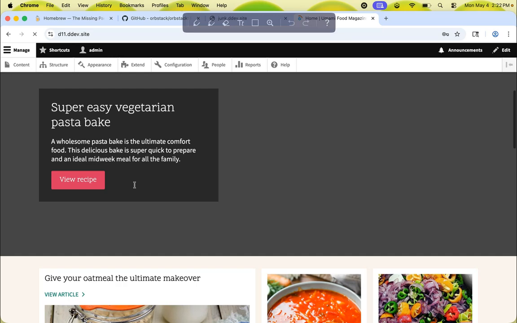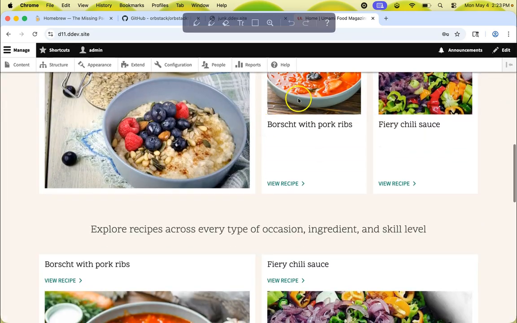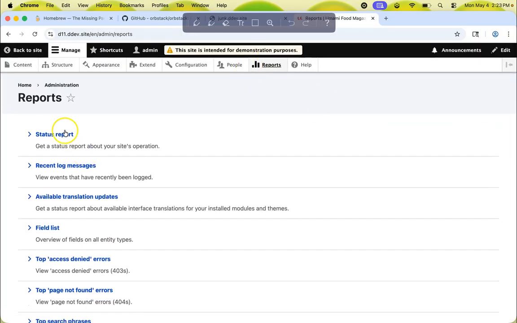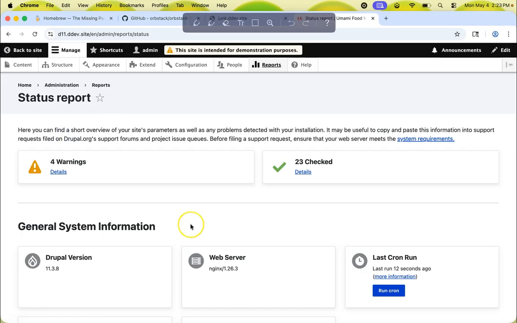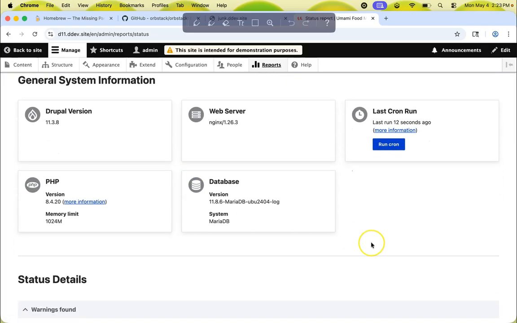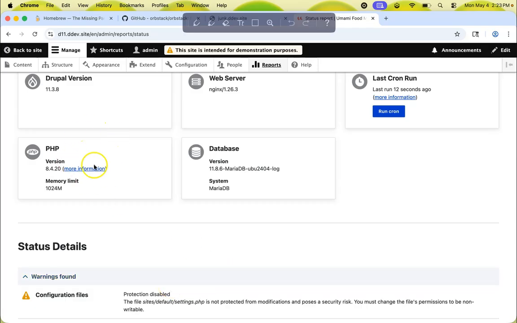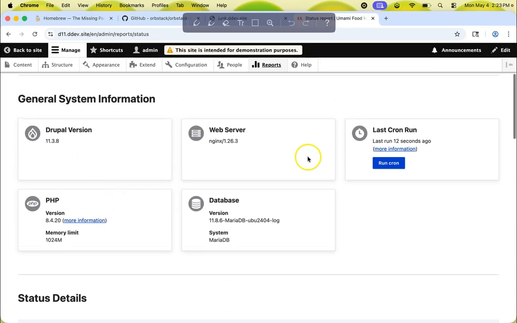And here's our project all set up, working. It's got all the things that you would want in it. We can go and look at the reports. We can look at the status report, and you see that it has warnings that we're using an experimental profile. It automatically used the current default PHP version. It automatically used the current default MariaDB version,